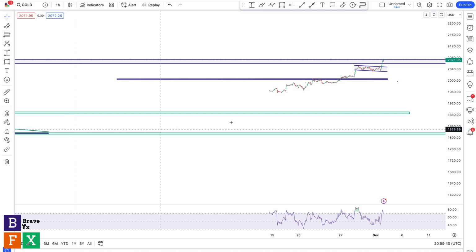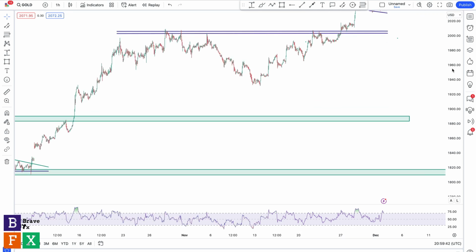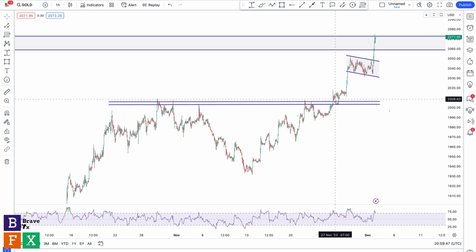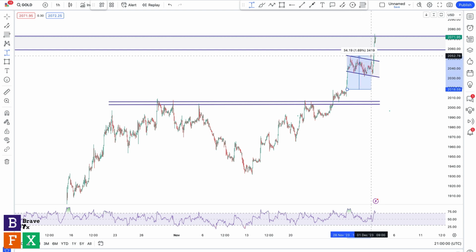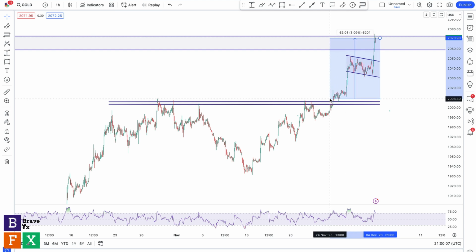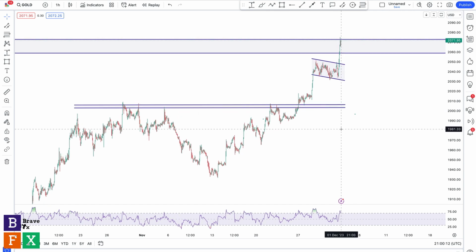So moving on to the 1 hour time frame, just a quick recap of what we discussed last week. So we anticipated a good breakout from this resistance. So there's a resistance before the resistance at the all-time highs. So we anticipated a breakout, a good retest, followed by a bullish follow-through. And you can see this gave rise to approximately 500 pips. So if you got in at this price level, and if you went aggressive, this would be approximately 600 pips. So congrats to those who took advantage of this trade.